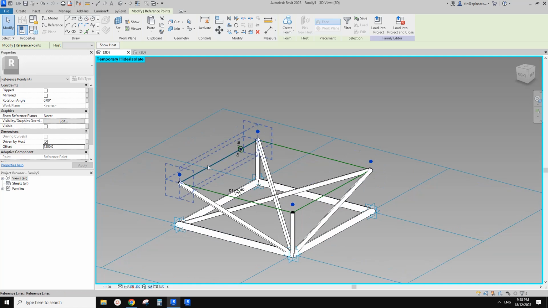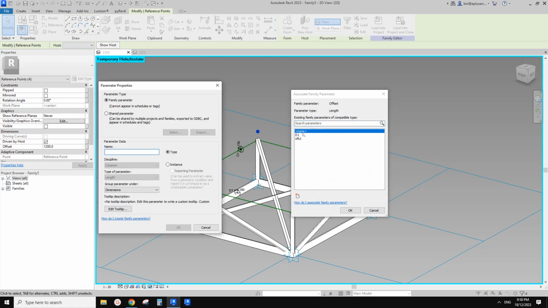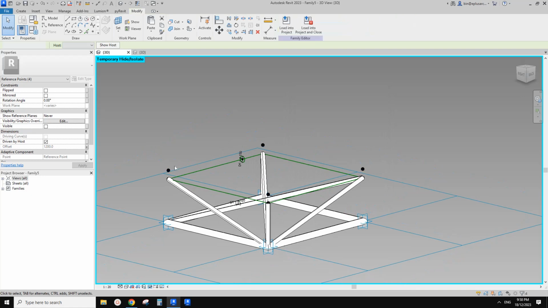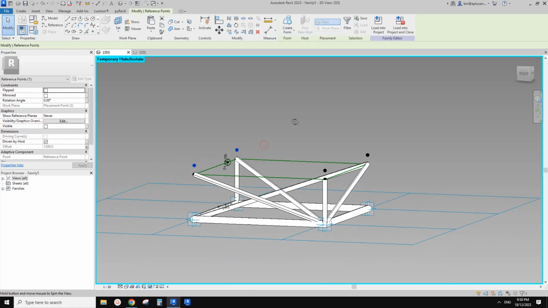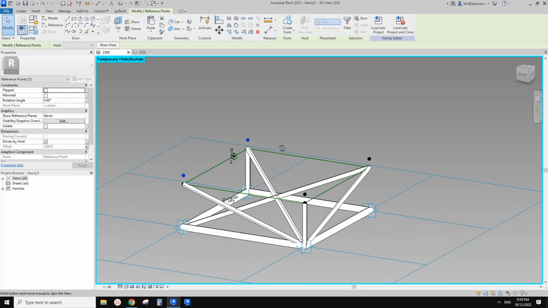Okay, and still have these points selected. We can just directly create another offset parameter. So this time I will just call it offset 2. Okay, so type is fine. Okay, and then we just need to, hang on, let me think. We are going to